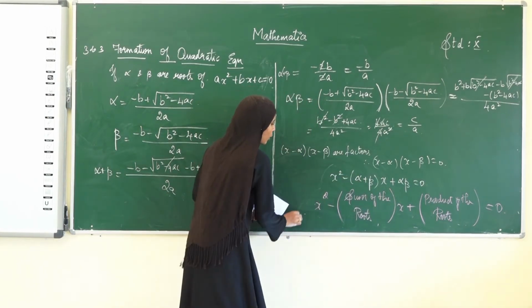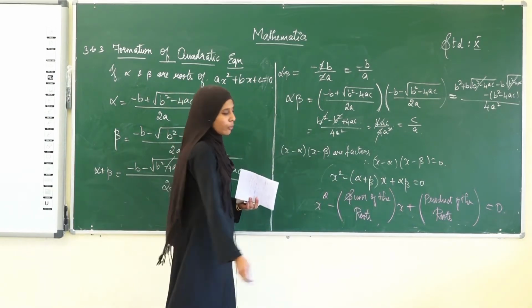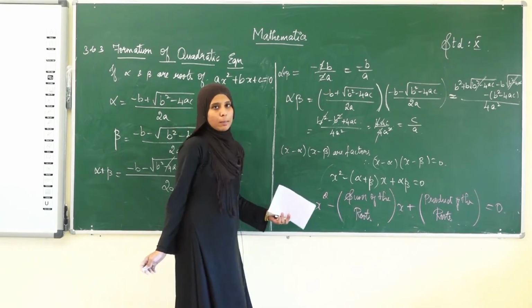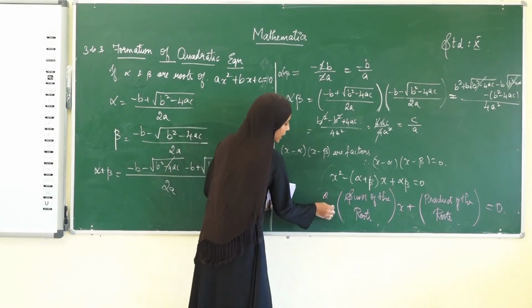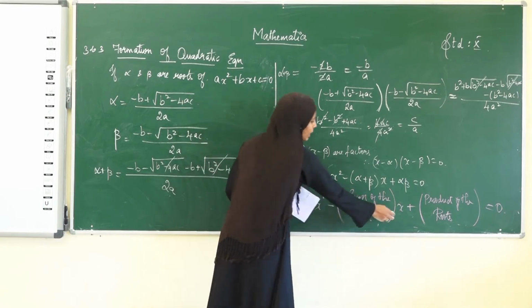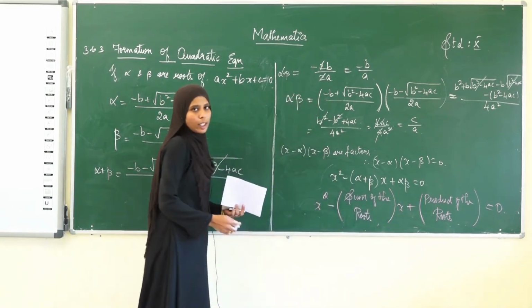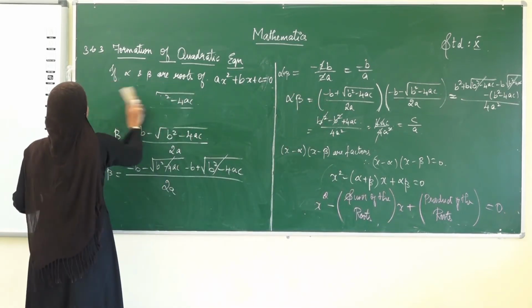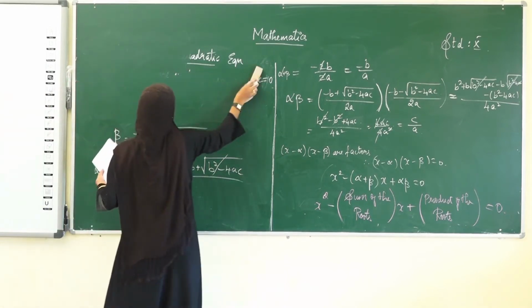See, this is an important formation, the general form of the quadratic equation. You have to memorize this. Here is the minus symbol and here we have the plus symbol. Don't get confused with it. Now they have given some examples following that. Now we are moving on to that.